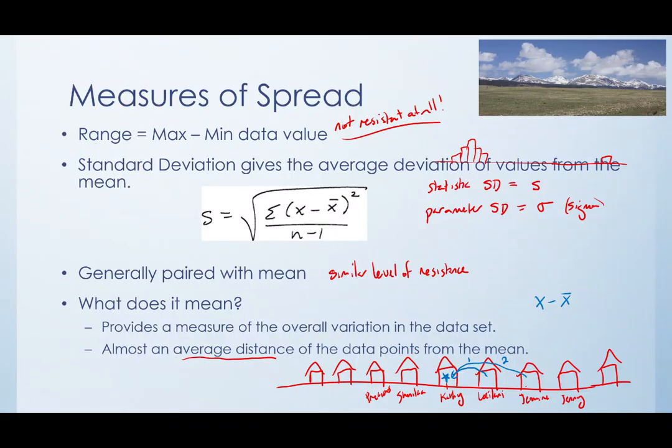Now, the problem is Shanika, she lives on the other side of Kathy, so her distance is also 1, but it's the other direction, right? When we do her position minus Kathy's, we're going to get a negative number. So because of that, we really want to make it positive, so we're going to square all of those distances. So Precious, she lives like 2 units away, and whoever's next to her is 3, and so on and so forth. So we're going to add up all of those distances and get whatever that sum is.